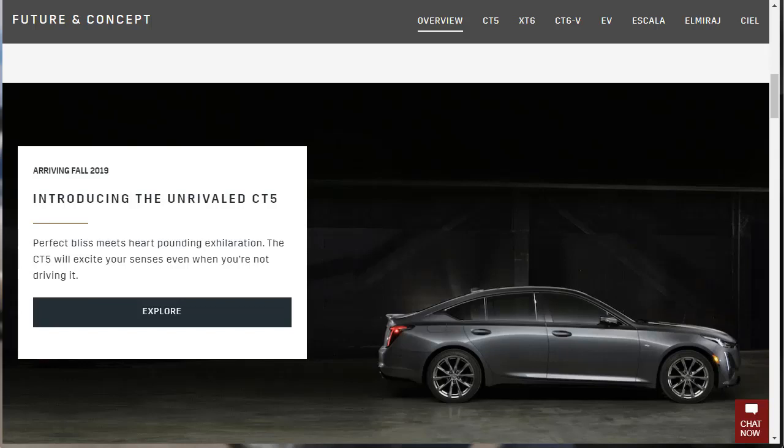On this episode of Build Your Own, we're going to take a first look review of the new 2020 Cadillac